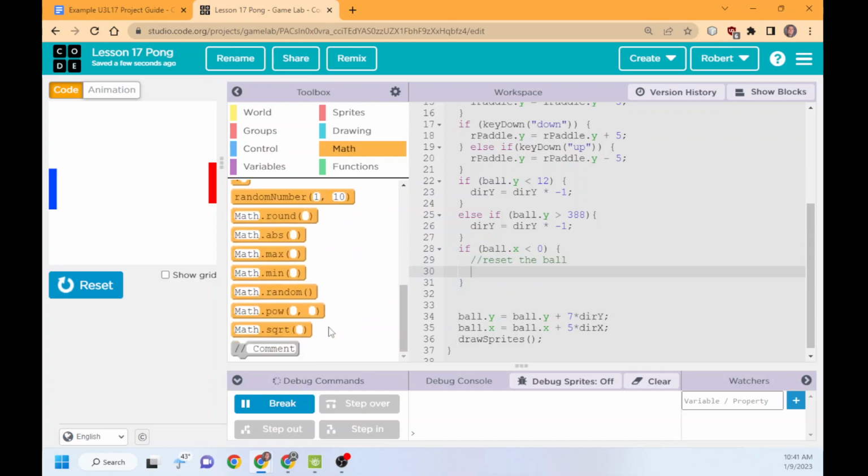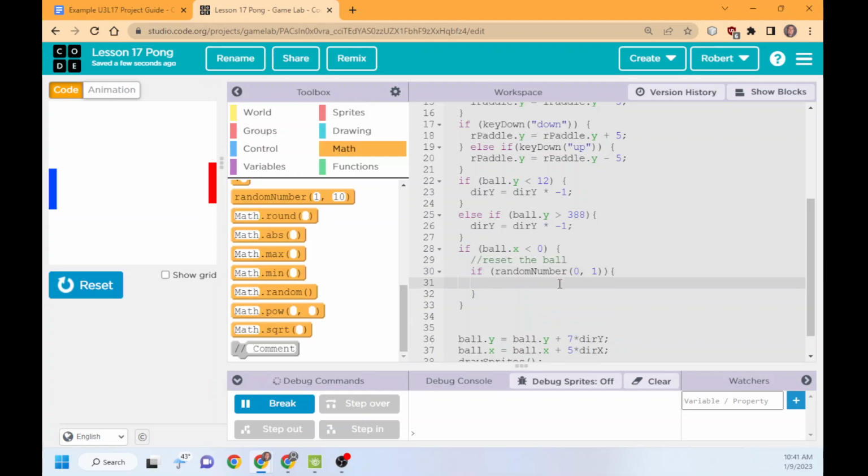So we're going to do a couple things for this. Let's make an if statement. So basically, we'll have it go negative and positive based on if it's 0, 1. So if, and we'll grab our random number, and we'll do 0 to 1, and this is going to give our directions. Now this is going to be a fairly big piece of code. So I'm going to add a squiggly bracket. All right, so I made my if statement, and we'll say if this equals 1. All right, then